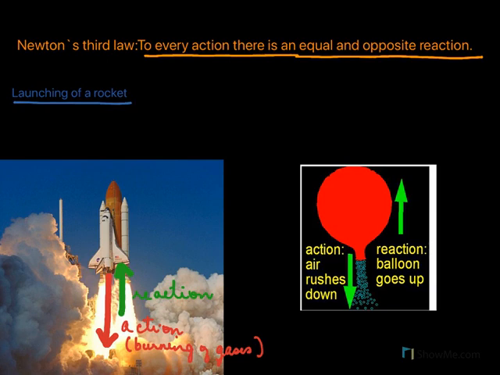We can demonstrate the working of a jet engine by using a balloon filled with compressed air. Here is a red balloon filled with air, and its mouth is untied. As soon as the mouth of the balloon is untied, you find the balloon begins to rise in the upward direction. When the air is released, it moves in the downward direction. To this, there is an equal and opposite force acting in the upward direction,